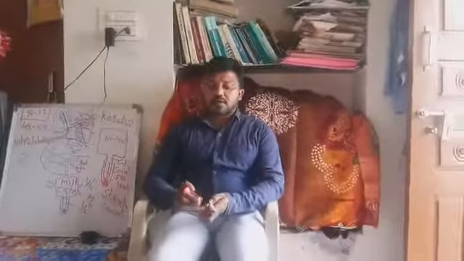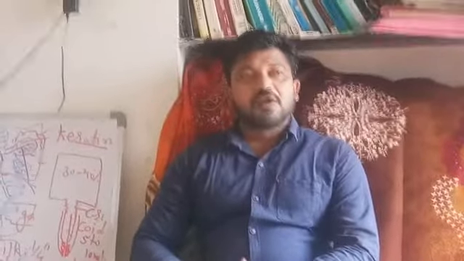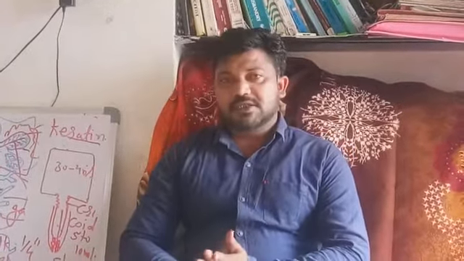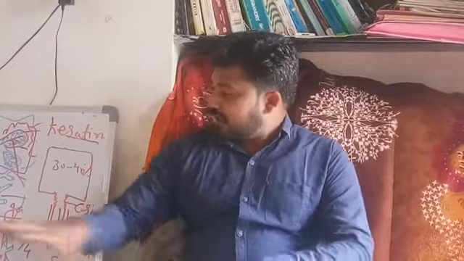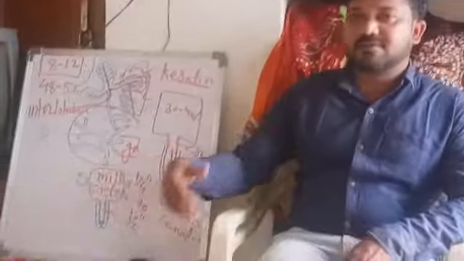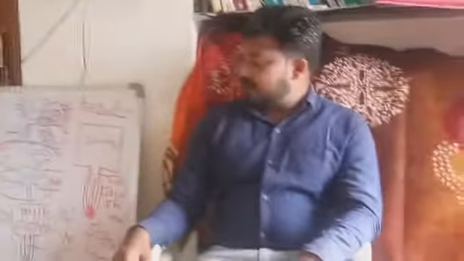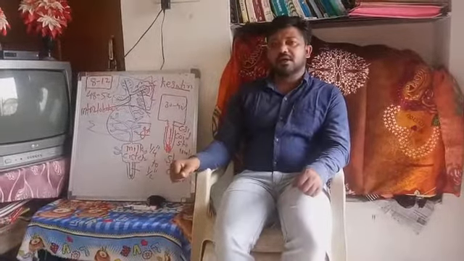internal structure of the udder. This structure is very important, and on this content, generally long-answer questions may be asked in your board examination, that is, draw a well-labeled diagram of the internal structure of the udder and describe the structure in detail. At that time you can draw the figure, and after that you can describe the udder's internal structure. You can explain the alveoli, the duct system, the gland cistern, the teat cistern, everything.